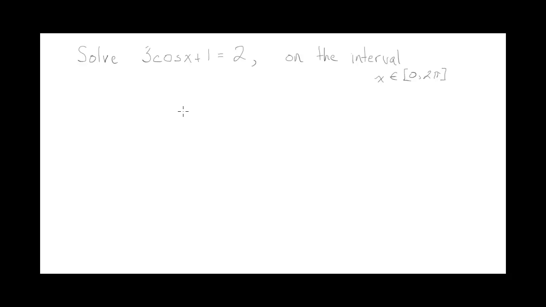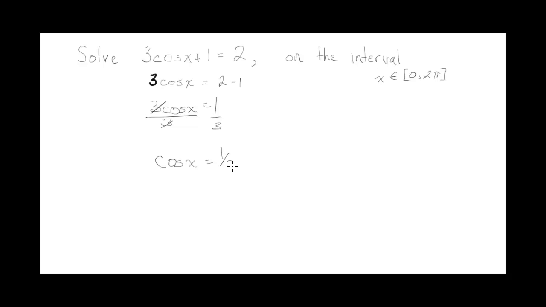Okay, in this video we're going to look at solving another trigonometric equation. So here's the equation, 3 cosine x plus 1 equals 2. You're going to have to do what we did in previous questions where you will isolate. So we will subtract 1 from both sides. And then to isolate for cosine x, you would divide both sides by 3. Those 3's divide out, and you get cosine x